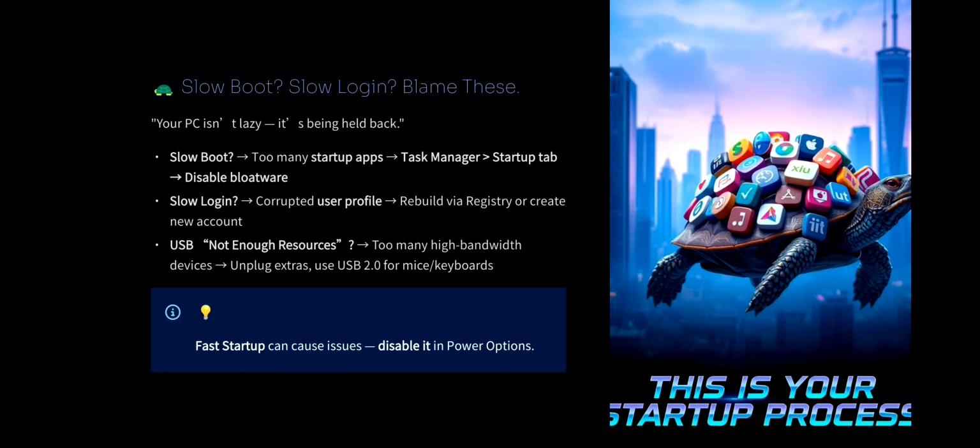And then when it comes to USB, it has errors even when you overload the high bandwidth ports. Remember, fast startup is often the culprit for weird reboot problems. Disable it if you find it flaky. So when they say switch your computer off and on, in this case it actually does help, but